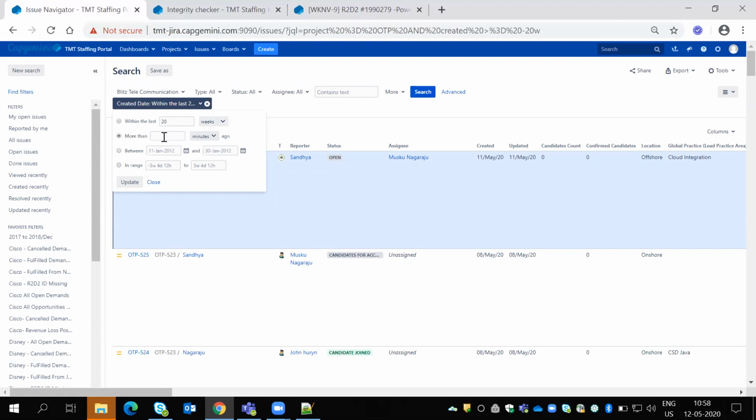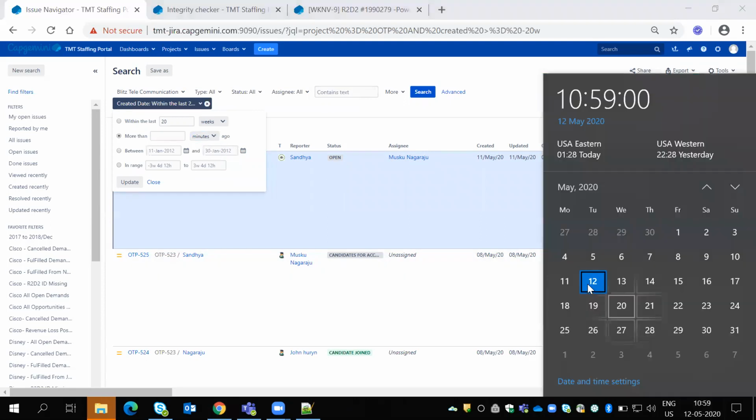Suppose next it is coming, more than means what? More than a minute ago, more than hours ago, and days ago. These are days before. That is before means, suppose which tickets were created last week and before this week. Like today is the 12th, suppose today is Tuesday, 11, Saturday 9. So I want to capture this week, below the 8th date created tickets or something.